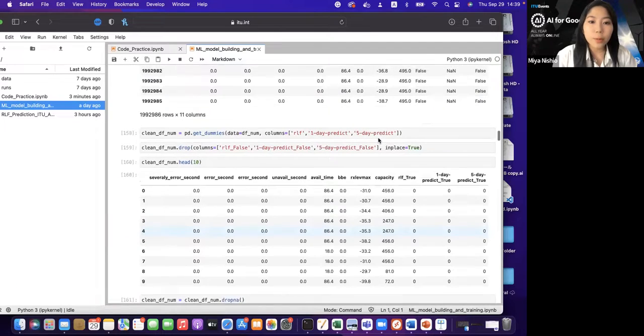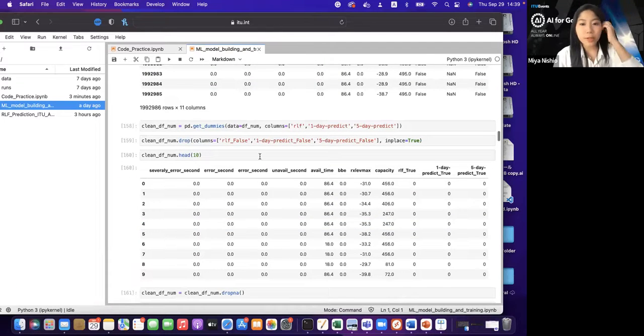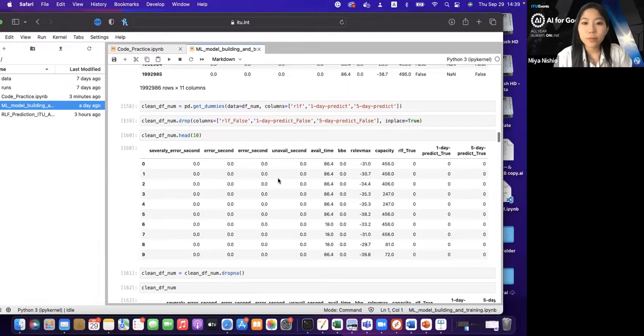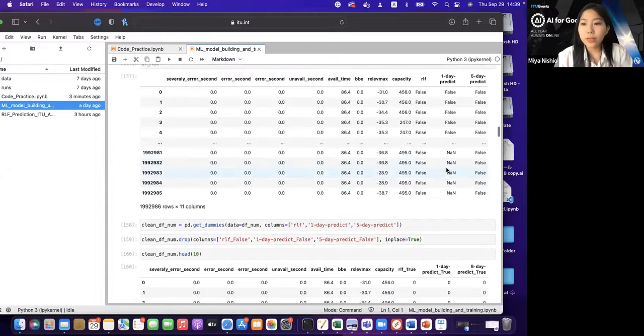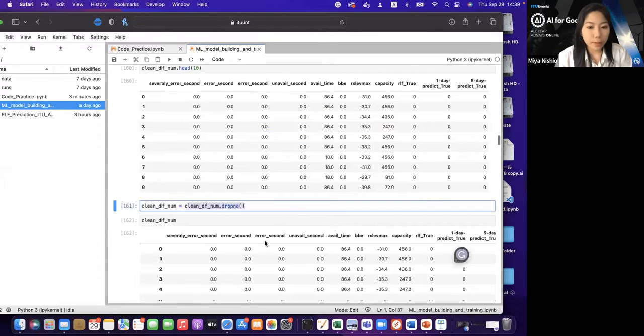Basically, what we want to do from here is take the true and false values and change them into zeros and ones, because we want to categorize them as zeros and ones. And as you saw below, there are a lot of null values here, so we're just going to drop them for the time being. Obviously, in other cases, you might want to do something else with them, but in this case, we're going to be doing that.